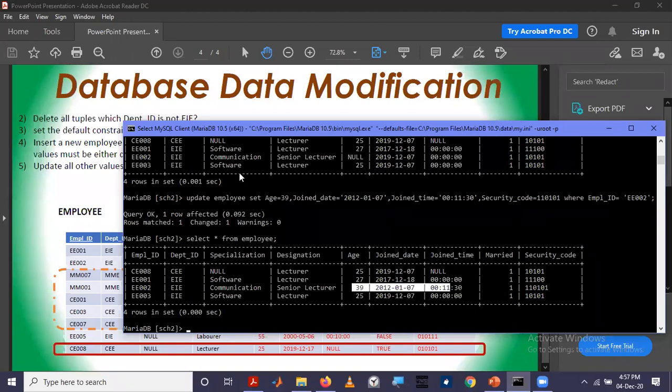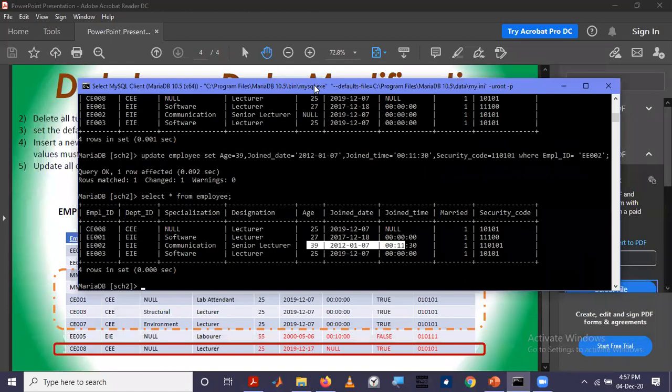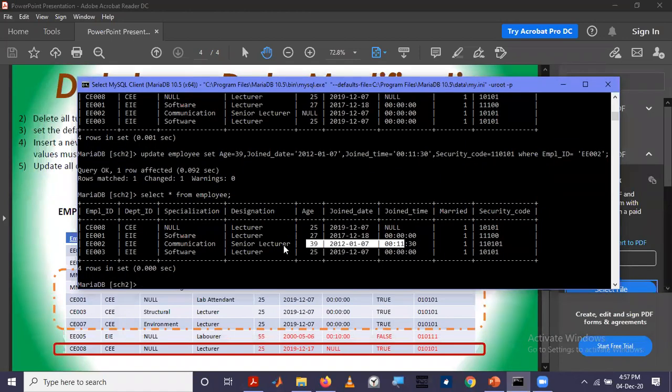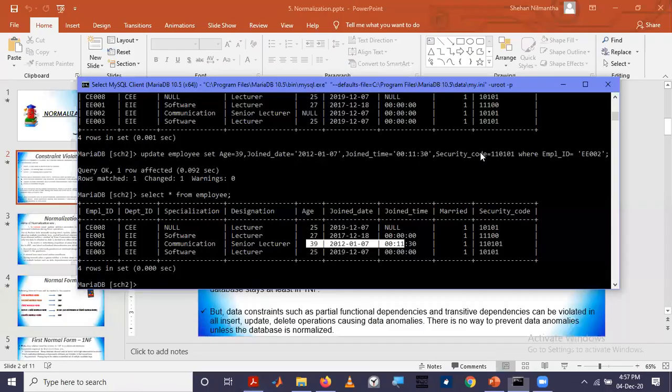So we'll start the normalization now, and I will demonstrate the requirement for normalization by using data anomalies in a moment. So we will start the section on normalization now.